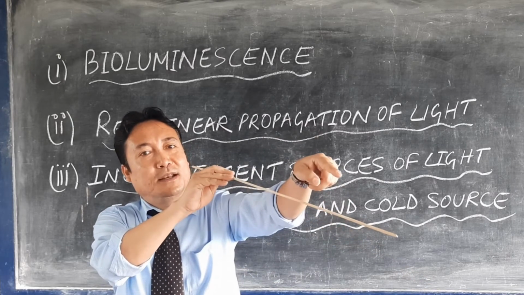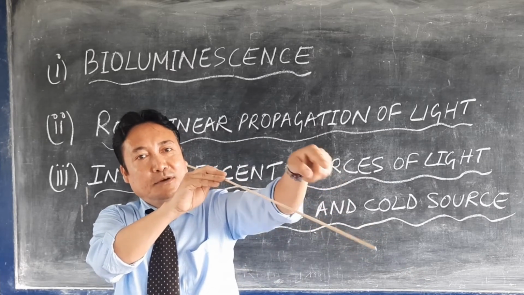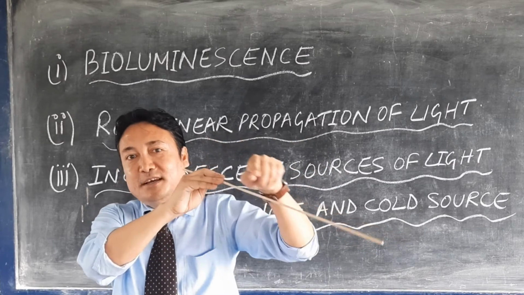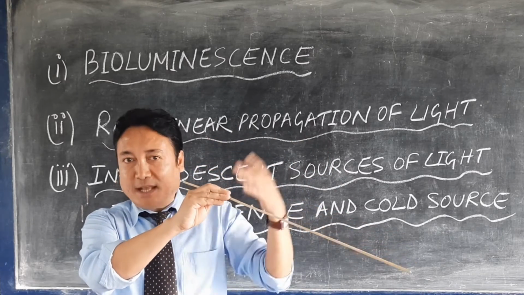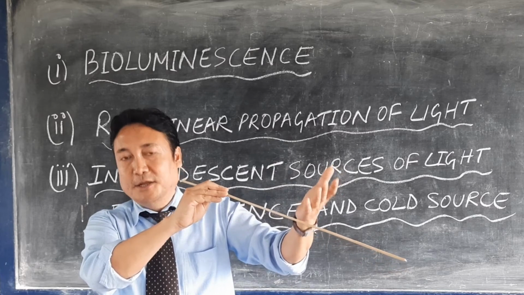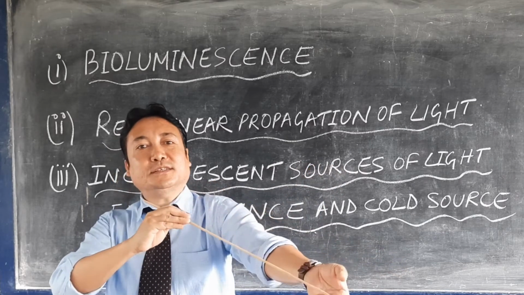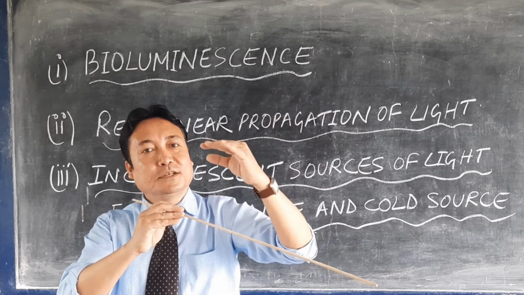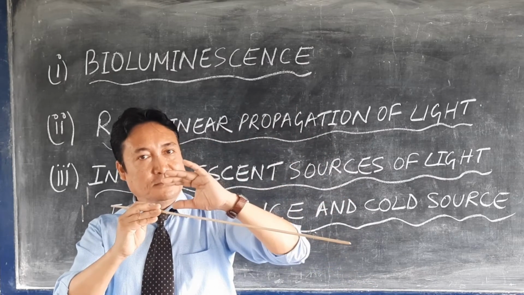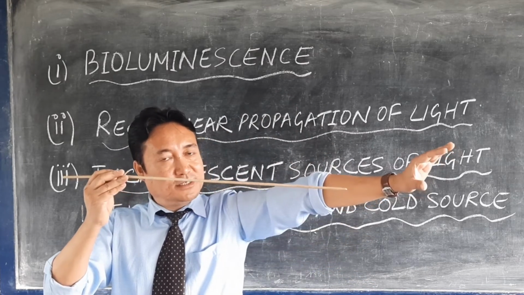So how are we seeing that burning candle on the other side? Because the light is traveling in a straight line, so you can see the burning candle on the other side. Now what you do is you just turn the tube or the pipe. Before, the pipe was straight, cylindrical.